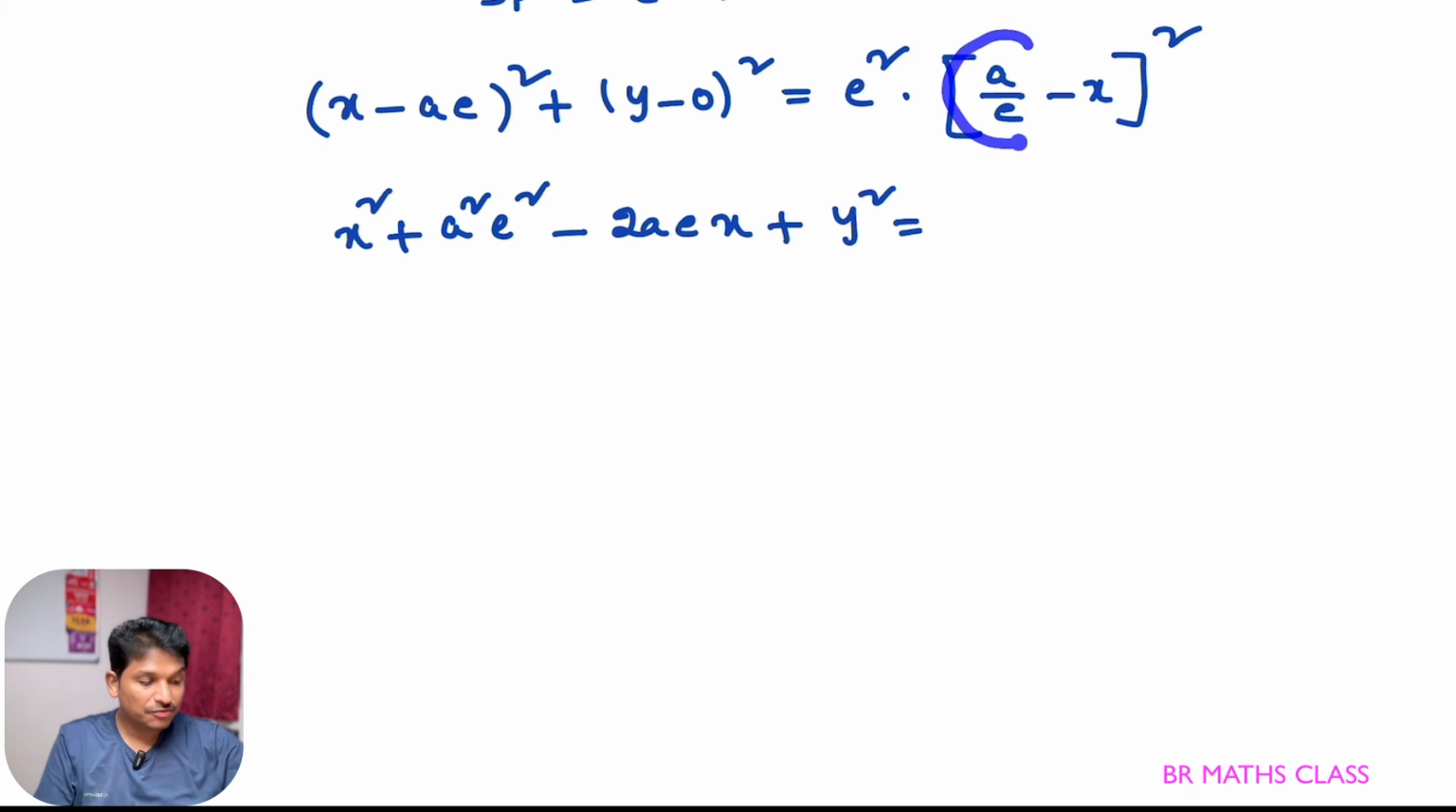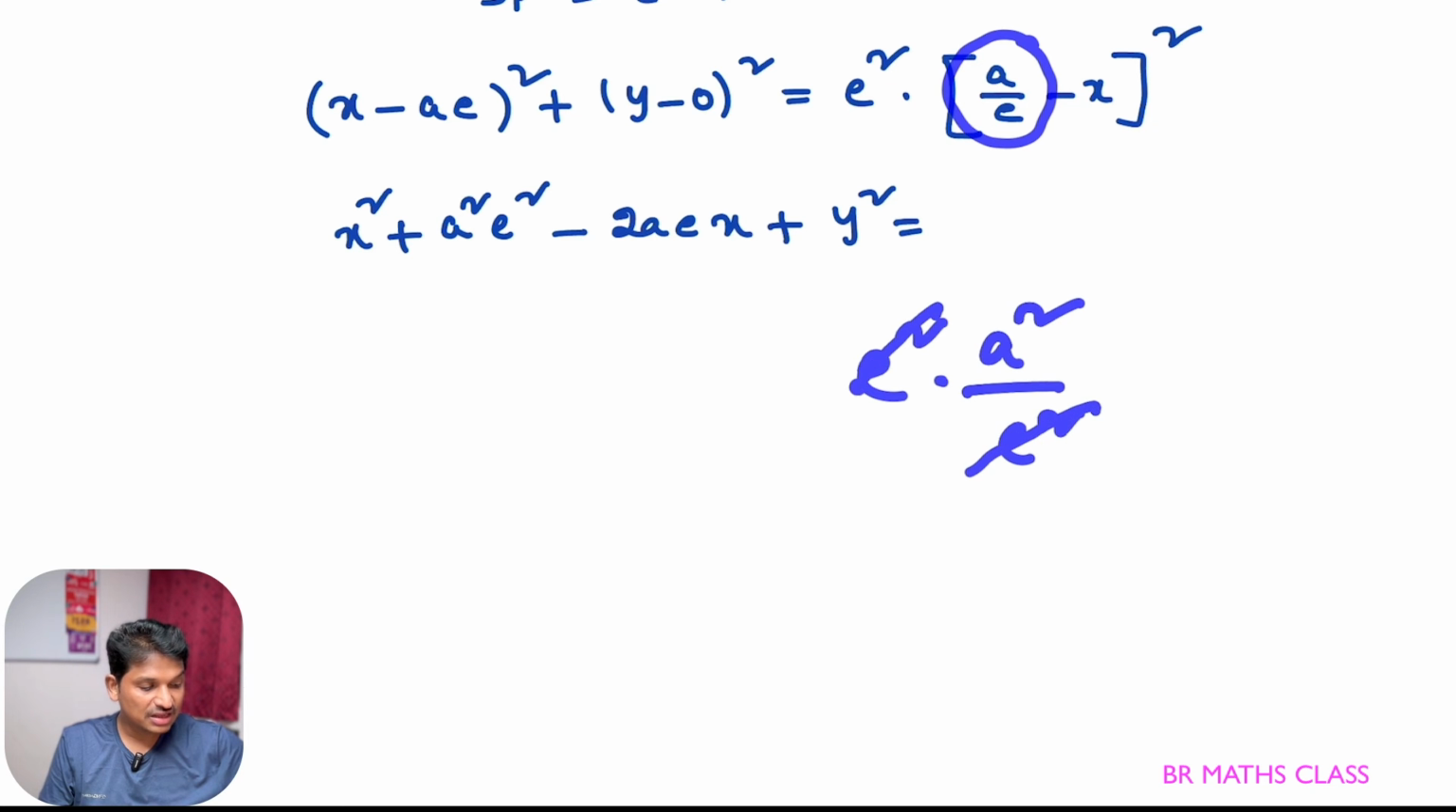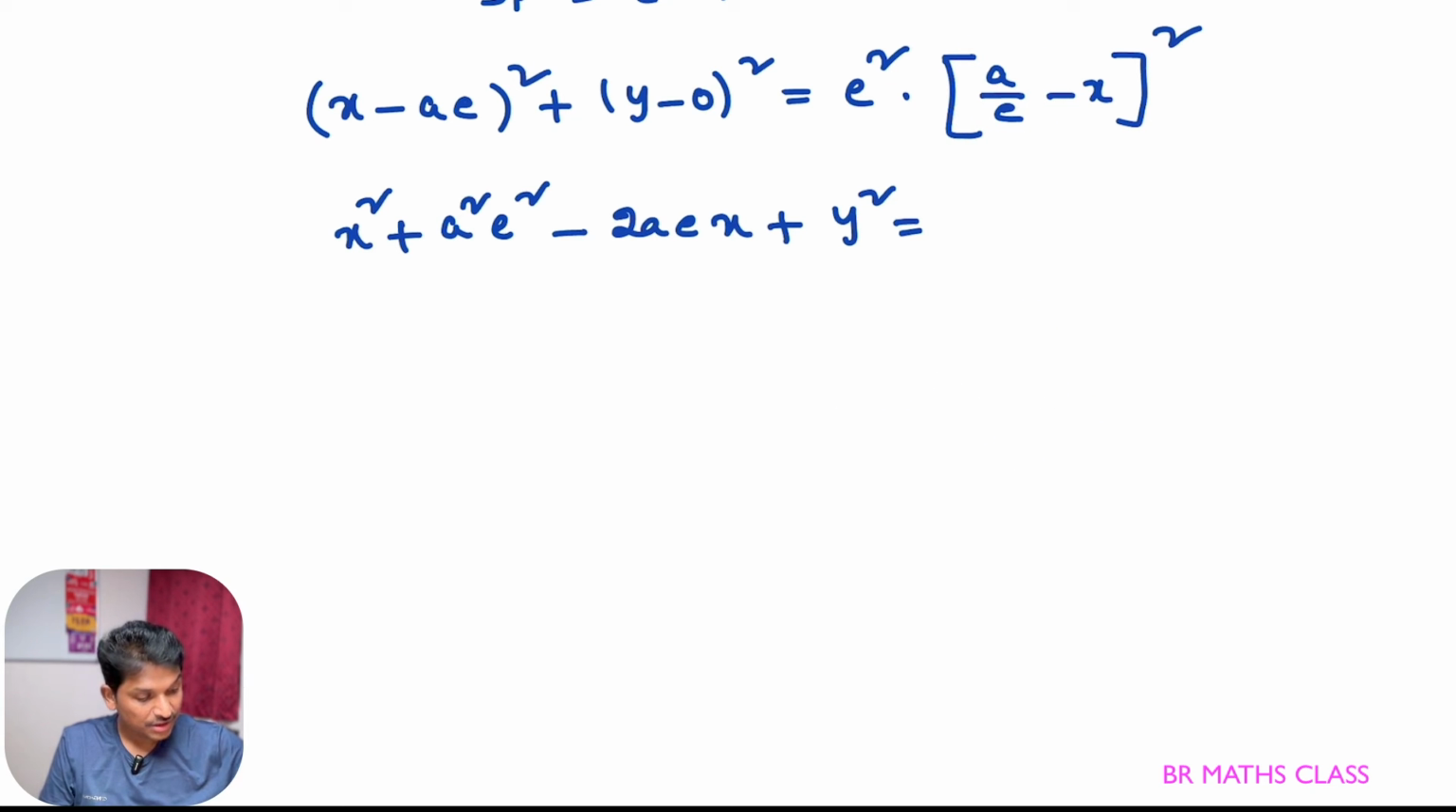Then what will you get? When you square this, you get a square by e square. e square into a square by e square, that is a square. Okay, a square plus... square this and multiply with e square. What you will get? e square x square minus